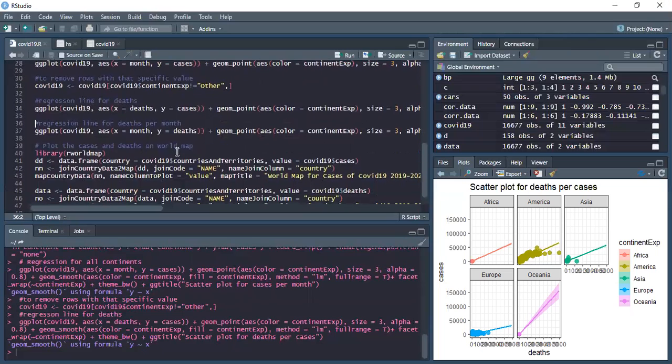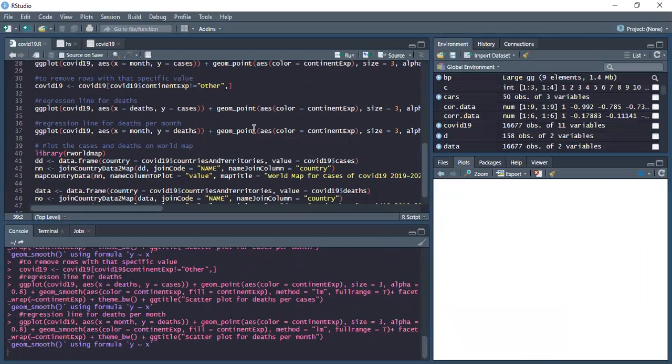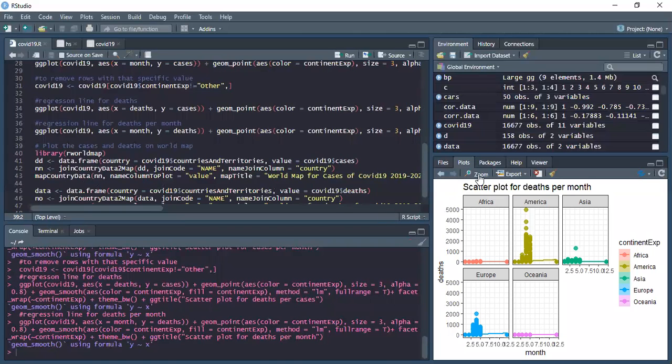Then the regression line for deaths per month, same. The correlation was 0.7, so it will not give a much better regression line.